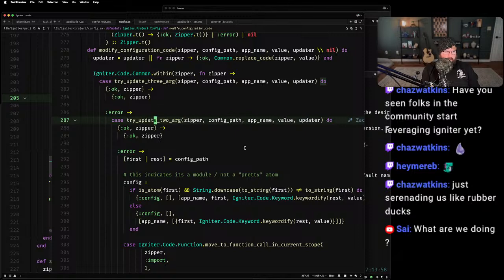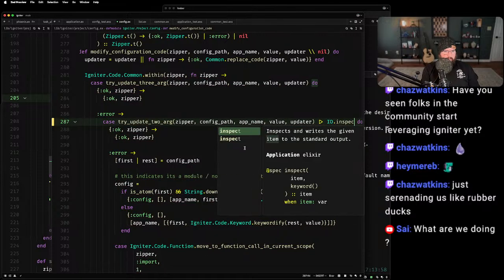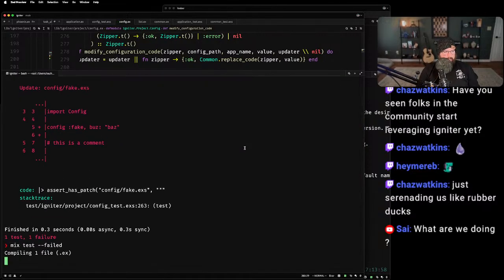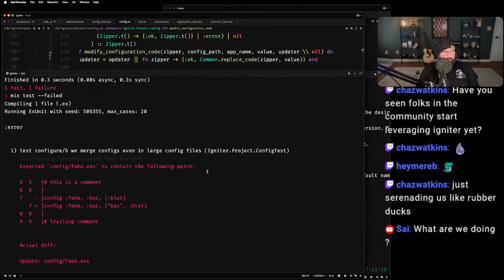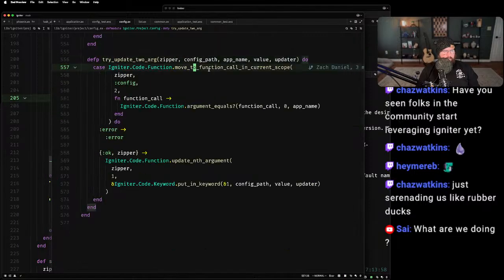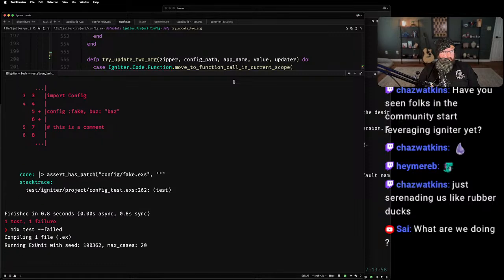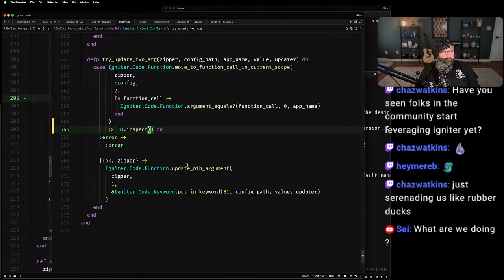So we should be getting okay zipper from here in this test. And we're getting error. Okay, so that's the problem. So move to function call in current scope config 2. This is returning error, I'm assuming. Yeah.